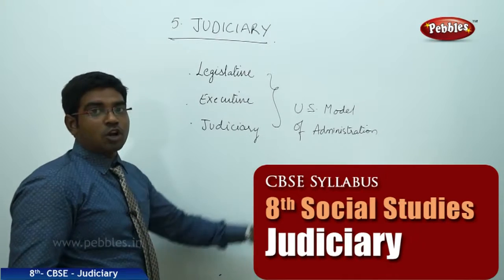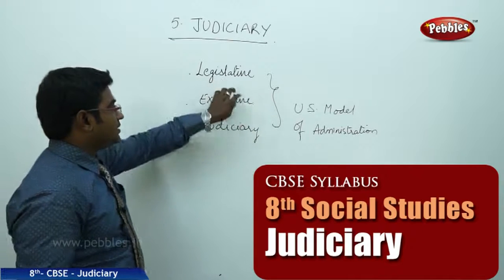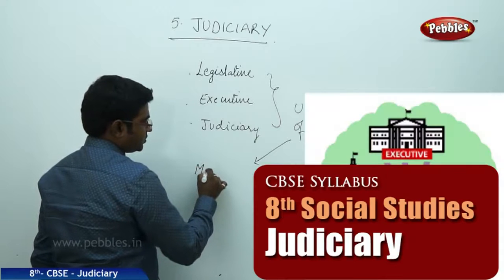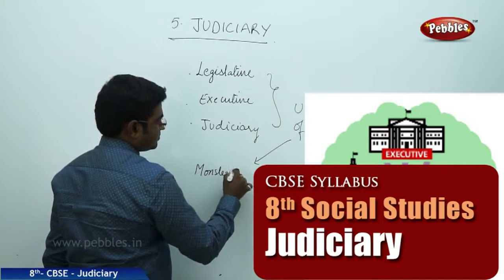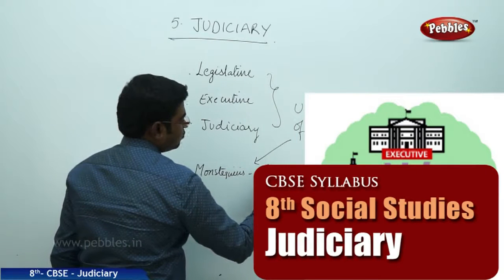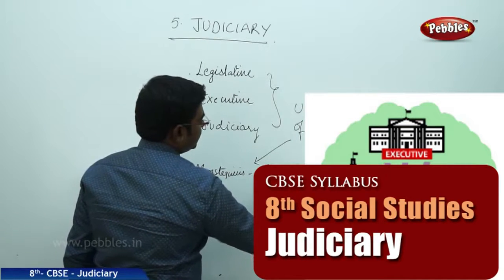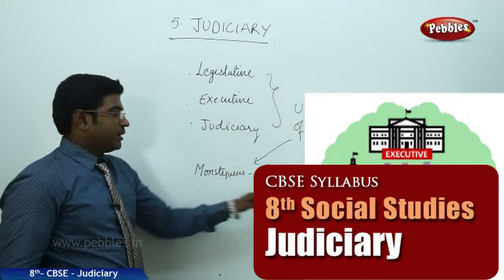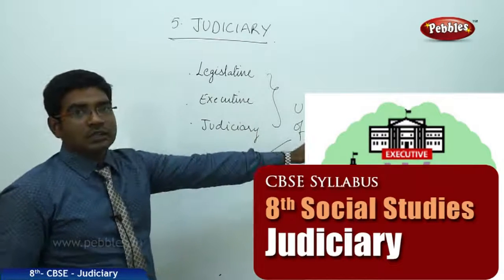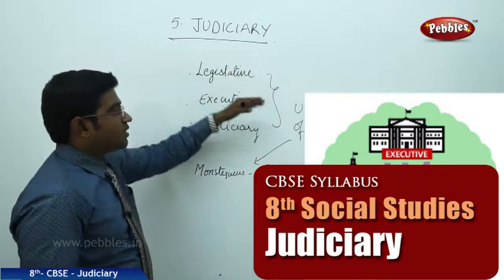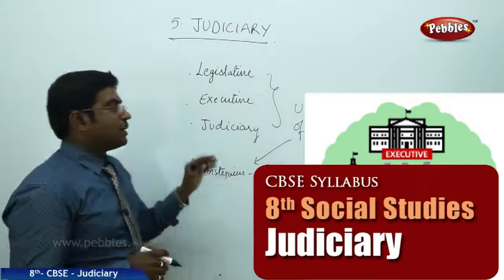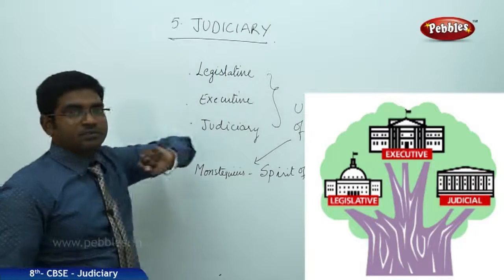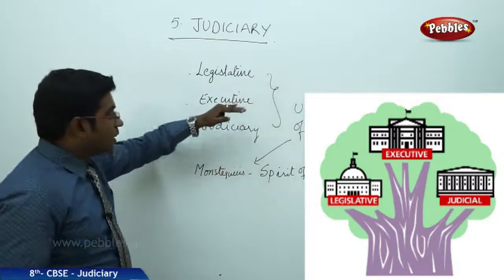The US has adopted this division of legislative, executive and judiciary based on Montesquieu's book, The Spirit of Laws. So according to this book written by Montesquieu, the US government decided to divide the responsibilities of administration: making the laws was handed over to the legislature, that is the legislative bodies,